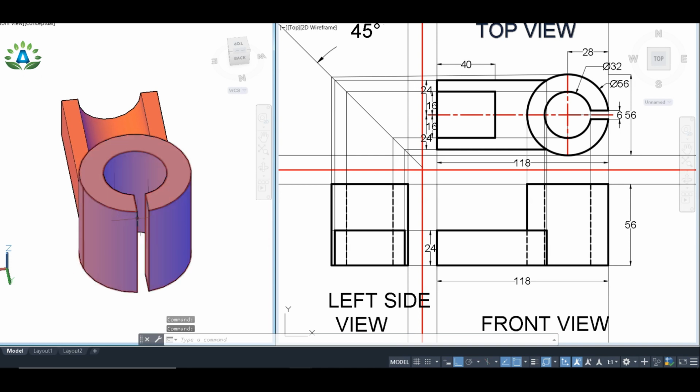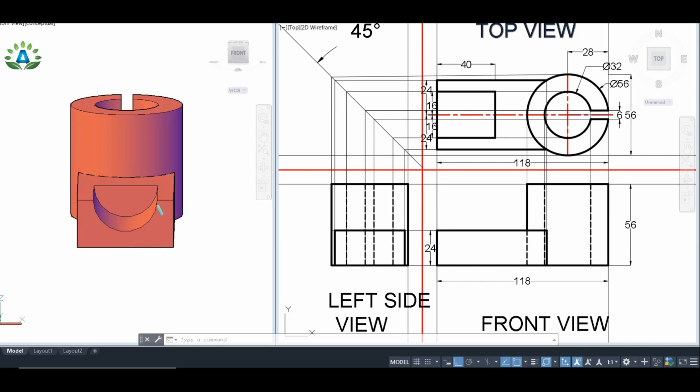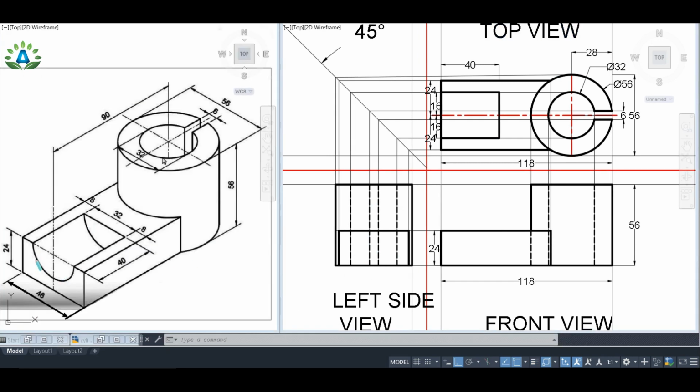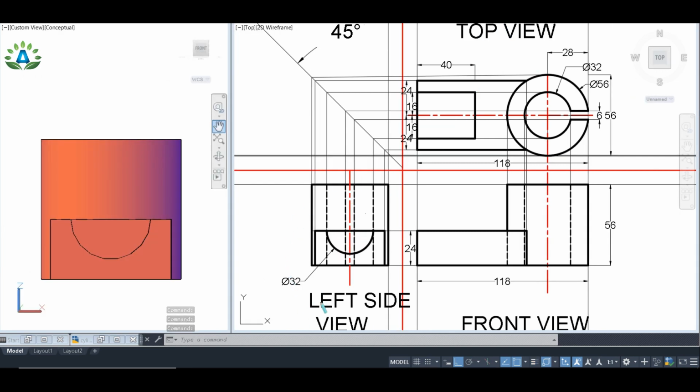In the side view, we can see the hidden lines that is coming from this cut part. So we have to project the line from this cut part and this cut part in the side view, like this and this. So this part will also appear as a hidden line. Now the only thing left is this semicircle part, and the diameter of this semicircle is 32. So we have to make a semicircle of diameter 32 from this center line. So first of all, I'm going to make a center line here, and from this point I'm going to make a semicircle of diameter 32. In this way, our left side view has been completed.